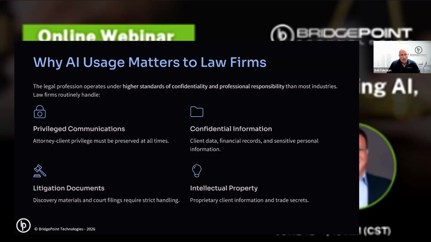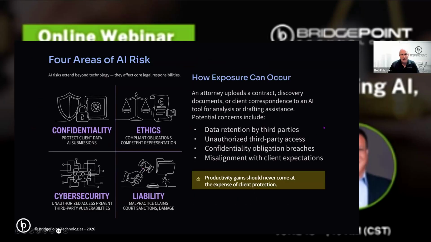So why should law firms be using it? A competitive edge, efficiency, being able to do more with fewer people, being more accurate, finding that magical case that you wouldn't get from Google or Lexis by itself. You want to use the Lexis AI or Westlaw AI. But you have to be careful what you feed it. I say when it comes to AI, be a traditional American, be a consumer. Be very careful what you give. And when you do give it anything, make sure it's not sensitive information. You have ethical guidelines, you can have liability, you could lead to a lawsuit, and you're going to see sanctions coming out of it.